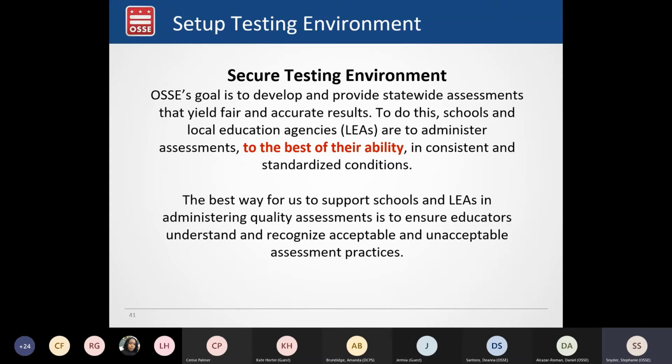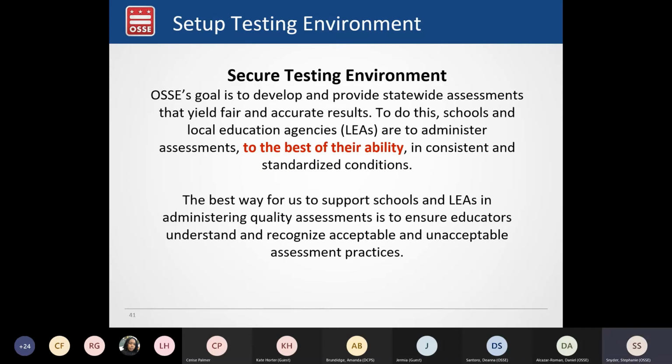We know that this year presents many challenges in that area, but just want to reiterate that providing education to school personnel involved in testing, and to students, about what is acceptable and unacceptable in a testing environment is something that we're asking that LEAs do, so that everyone has a common understanding of expectations.